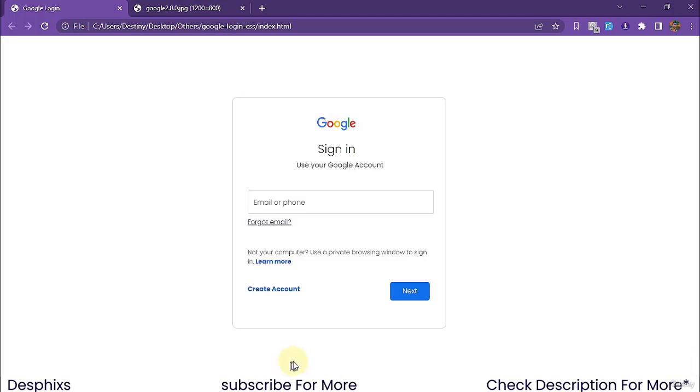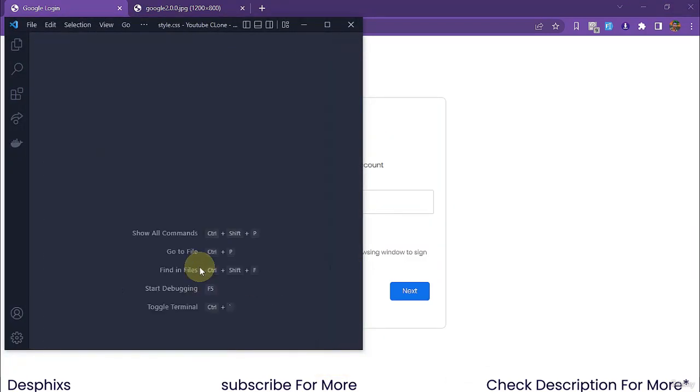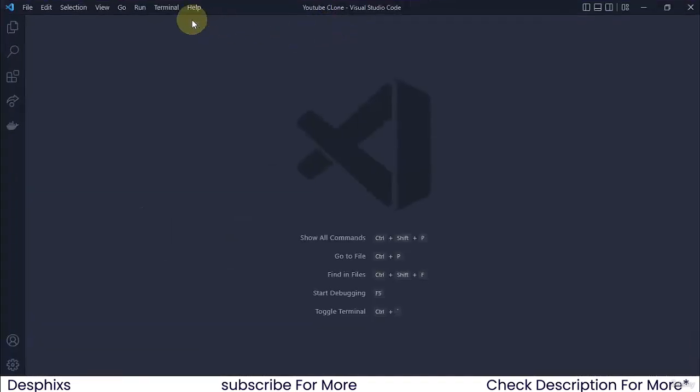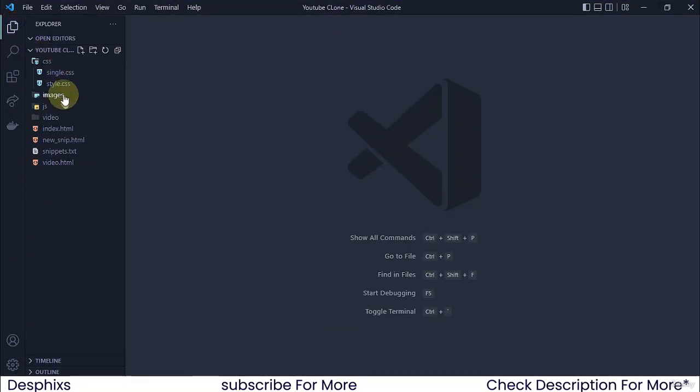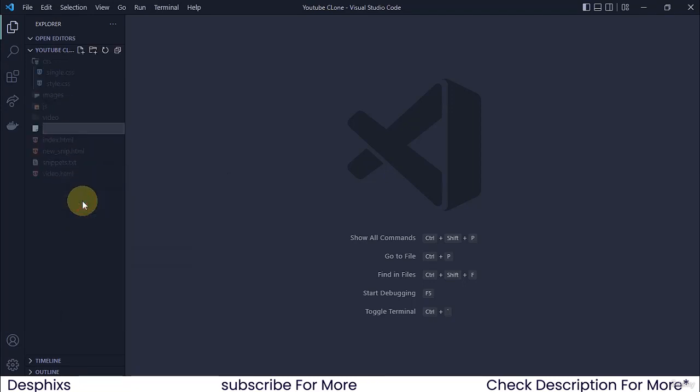So you're going to open up your favorite code editor. In my case, it's Visual Studio Code. And this was where we stopped from the last video. I'm just going to go ahead and close out all these CSS files. And I'm going to open this up. And now we want to go ahead and create another file. We're going to create a new file. And this one is going to be